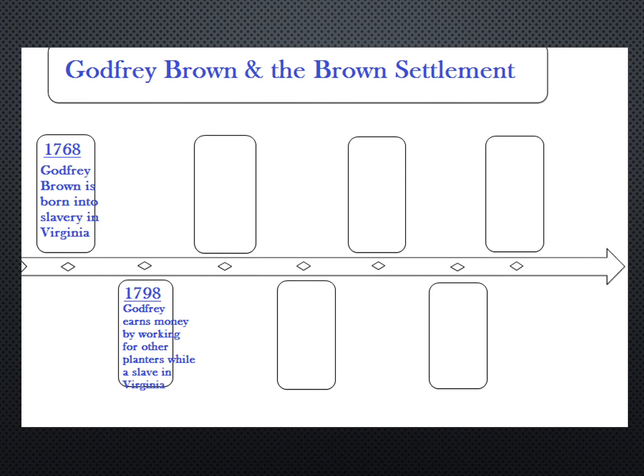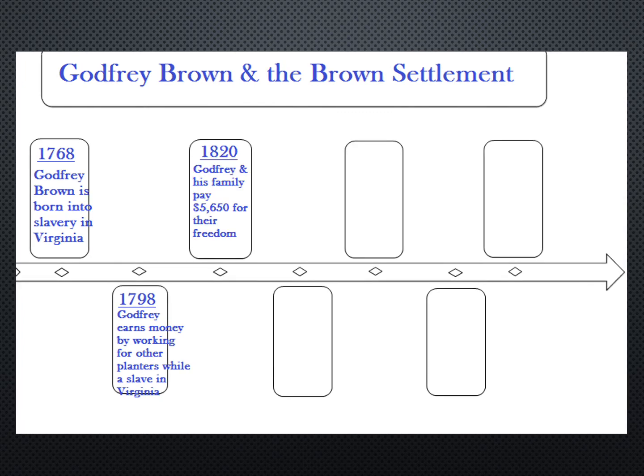So what's the next date we're going to enter? The next date is 1820. In 1820, Godfrey and his family pay $5,650 for their freedom. Now, I want you guys to think about this for a second. How old is Godfrey Brown now? That's right, Godfrey Brown is 52 years old now, which means it took him how many years to save up that much money? Right. It took him 22 years to save up